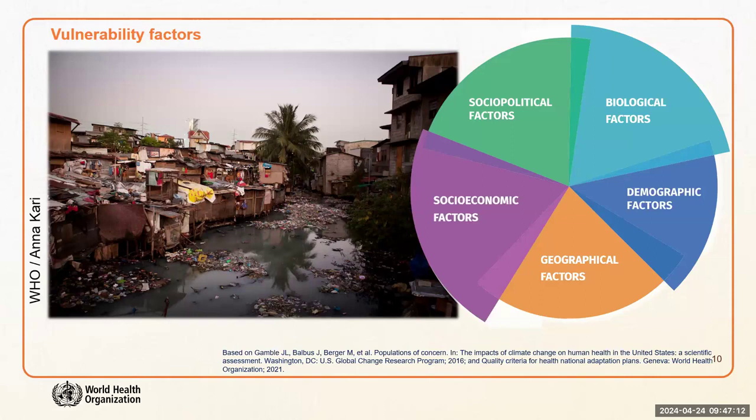When we think of geographical factors, we're thinking of unplanned urban housing or flood risk zones or an area with food insecurity. When we think of socioeconomic factors, we would be looking at poverty, unsafe informal occupation, unsafe water and sanitation, inadequate shelter. And finally, with sociopolitical factors, we may have discriminated minorities, people without information, people without a voice, etc. So all these factors overlap in a population. And on top of that, we see the impacts of climate change on top of these vulnerability factors.